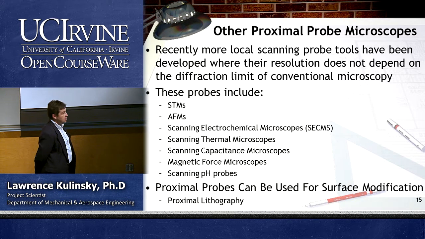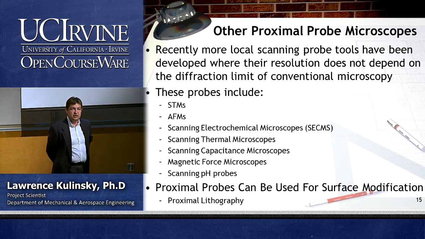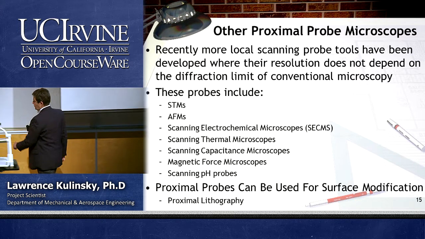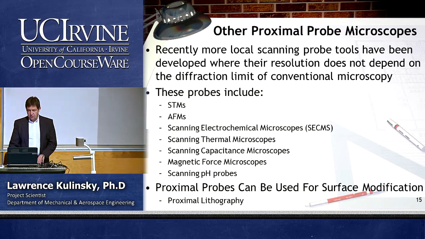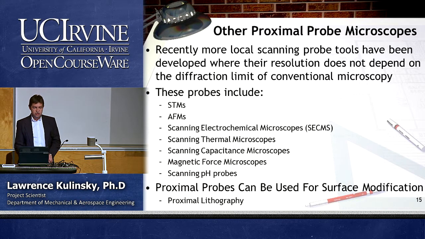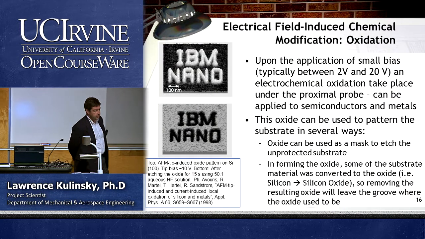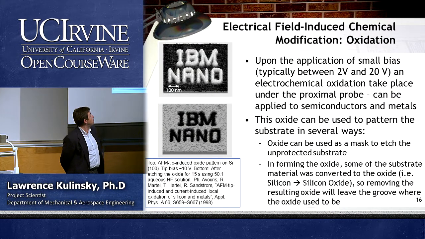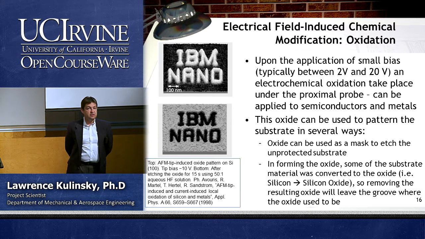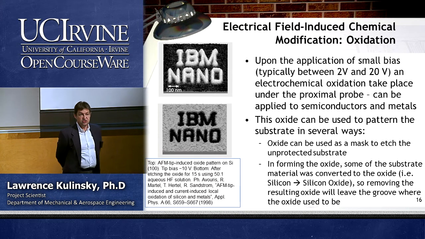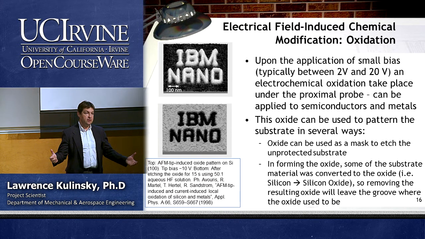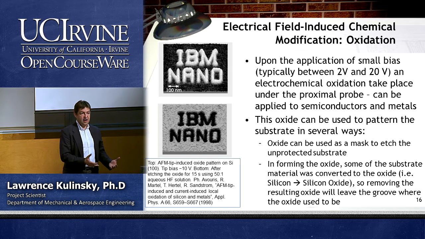And the key for the rest of today's lecture is that those proximal probe tools can be used for surface modifications. So they're actually tools for micro and nano fabrication. So the first one, we will talk about electrical field-induced chemical modification. The simplest one is oxidation. Okay? So as you know, you have